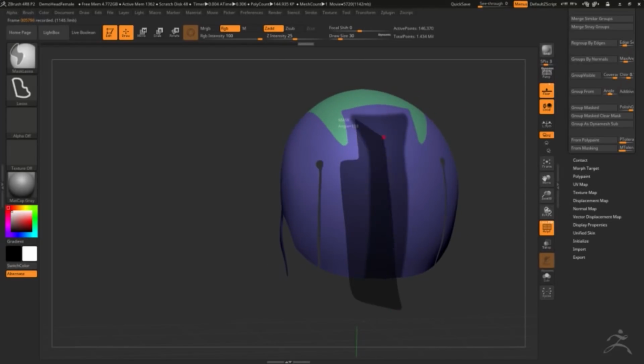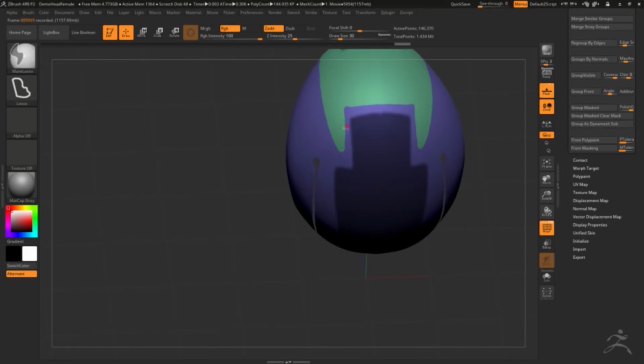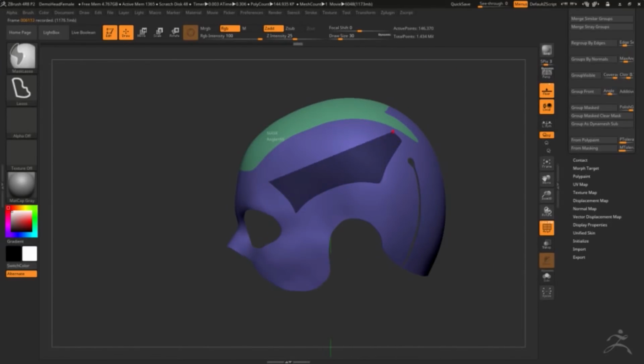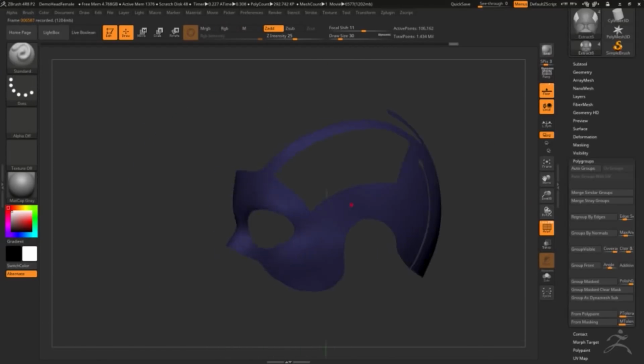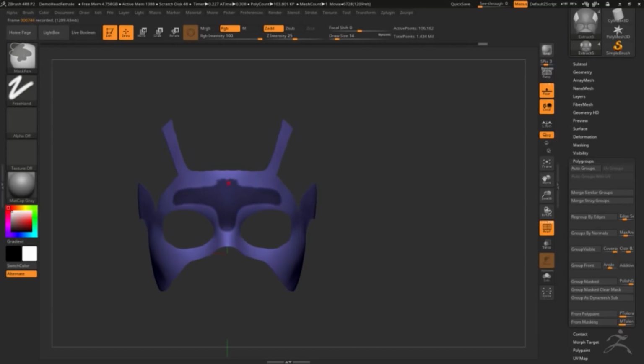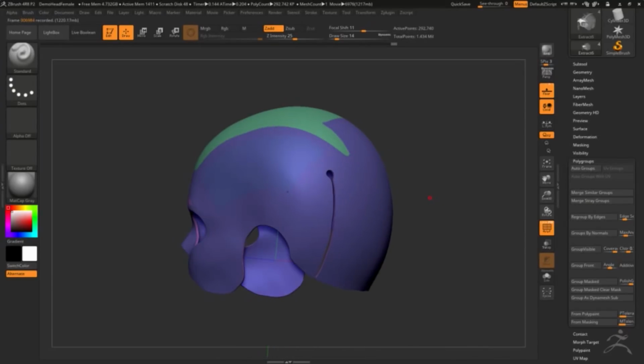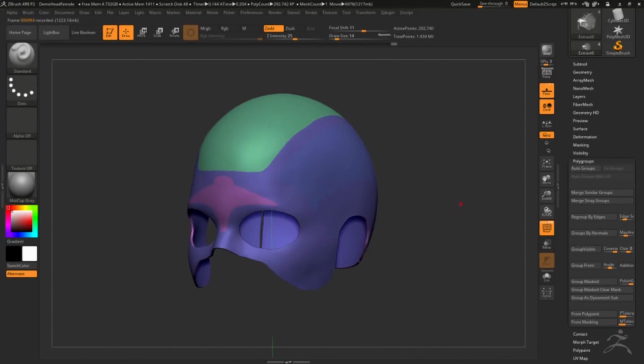I'm just getting carried away now. So you can see what I'm doing here. Polygroups, polish, group masked, and we see we've got like all these helmet pieces left. Let's do one on the face because why not? Same thing, group masked, badoom. Now we have all these little groups here, and what we can do is we'll hide this inside surface,